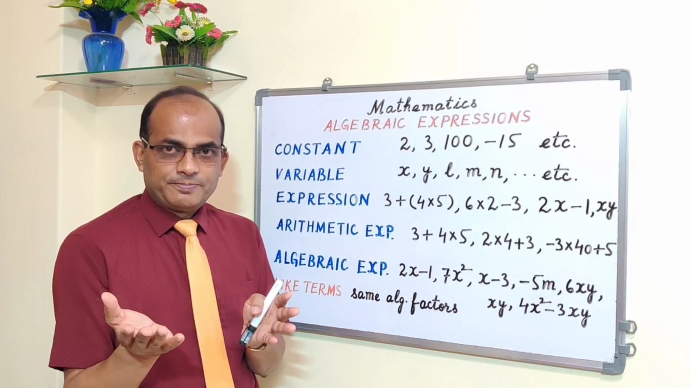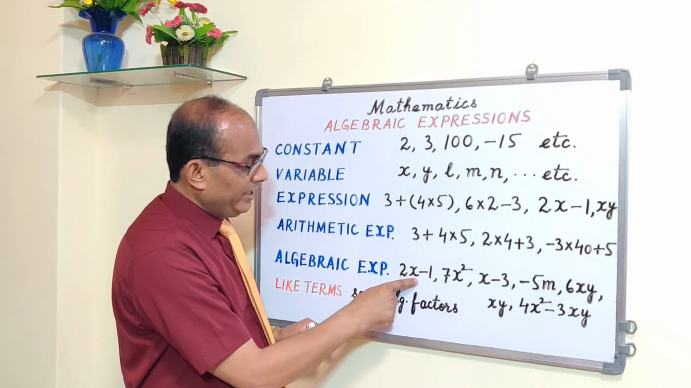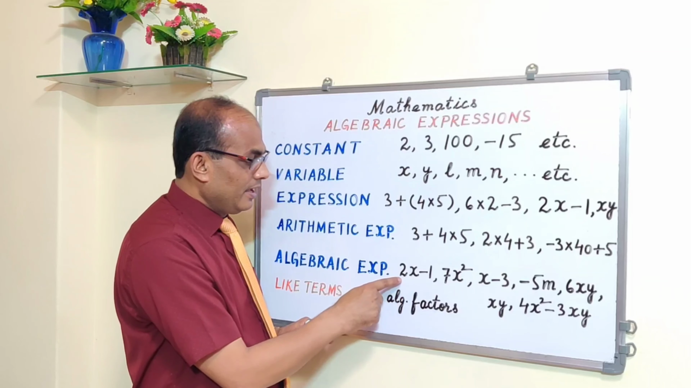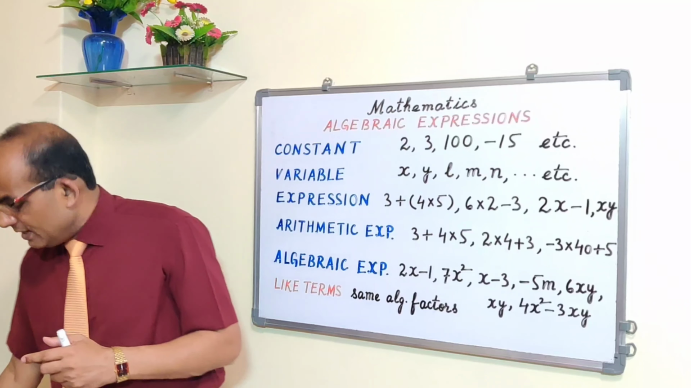But it's a combination of numbers and variables. You can see the combination here. See, the variable is x and the number is 2 here. Numbers 2 and minus 1. Here the number is 7 and the variable is x square. Alright, a combination of numbers and